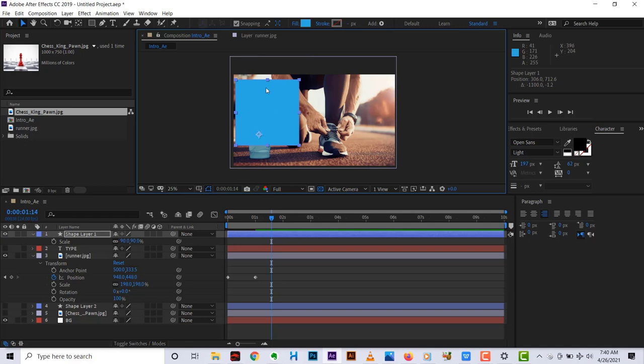As it is now, the size is not what I want. So I can press S for the scale. S is the shortcut to bring out your scale property for any layer in After Effects. So with that, I want it to scale up. Once I do that, if I do this now, right? In fact, I even want